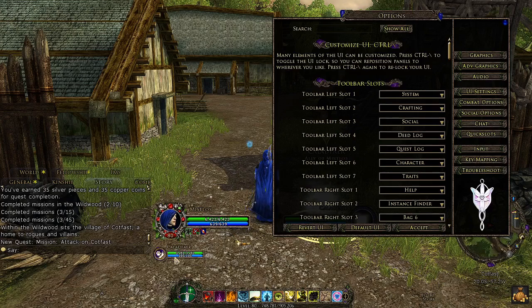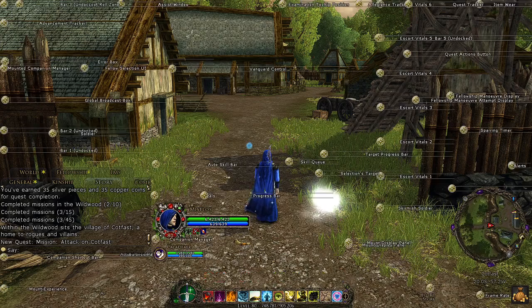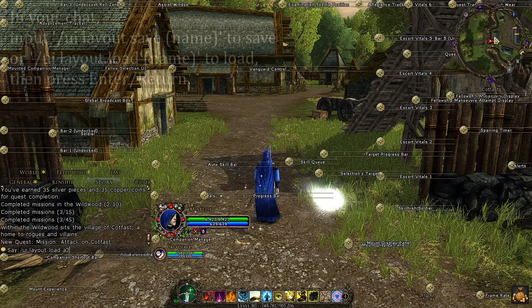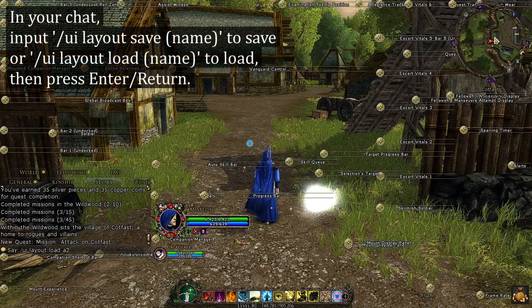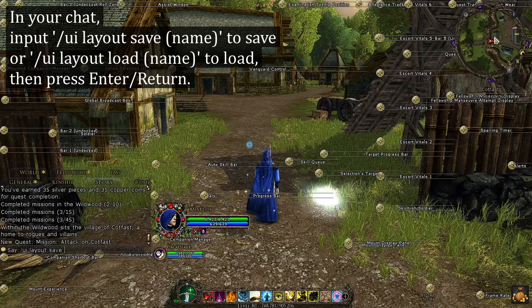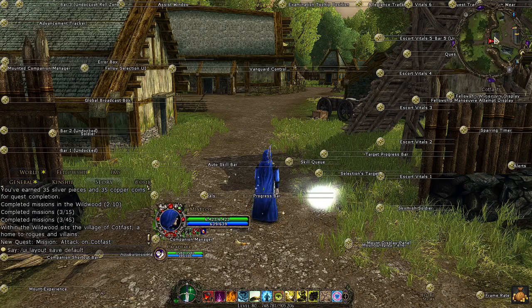my character's vitals. But yeah, before you can make use of the load function, you gotta save the UI layout first. So do your things, change your UI skins, change the locations of these things, and then save your UI. Oh yeah, before you do mess with your UI, you probably should save the default. Like for example,